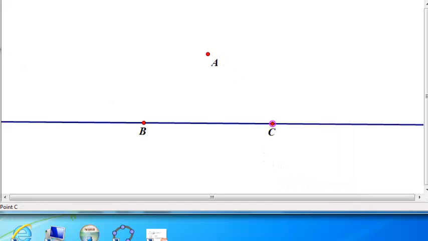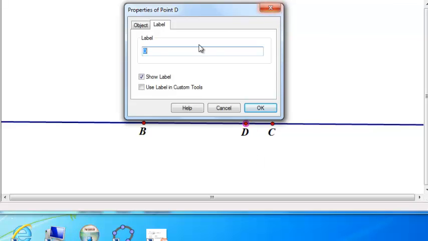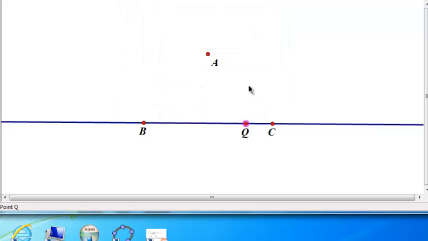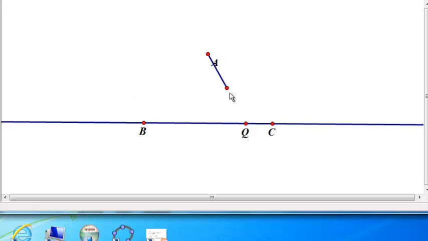Now we take any point on this line BC. Suppose we take up this point. This has to be any general point. If we name this point, we call it D. Let's take up this point to be equal to Q. Now we join this segment A and Q, and also